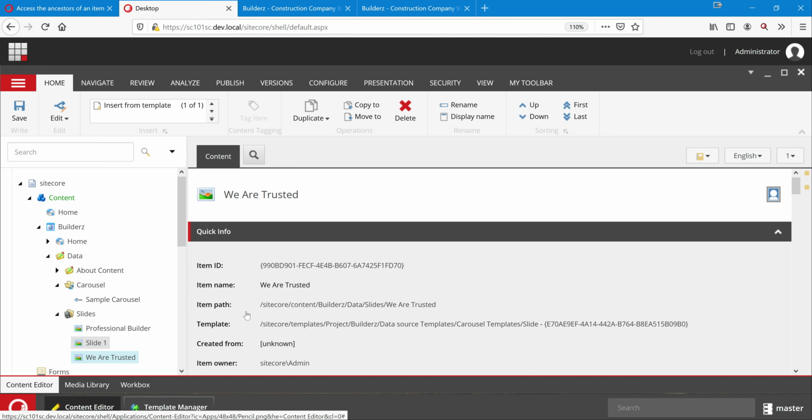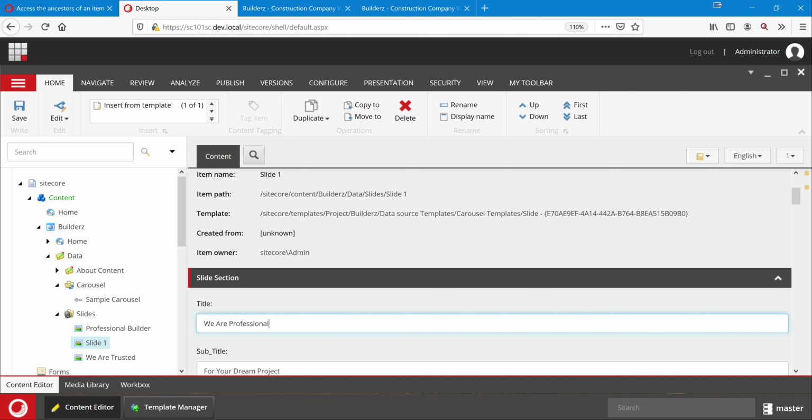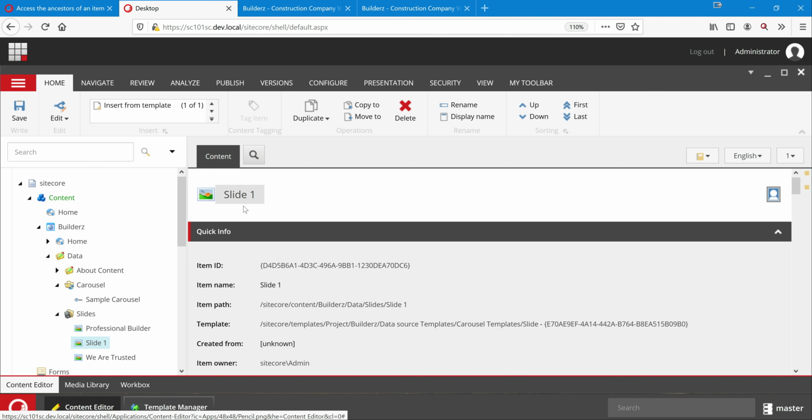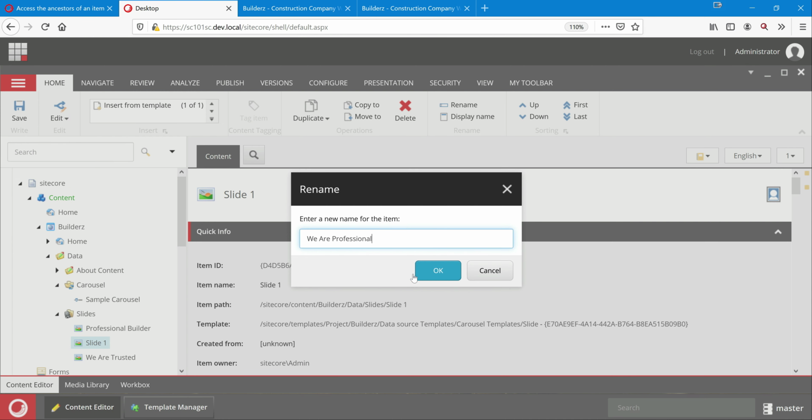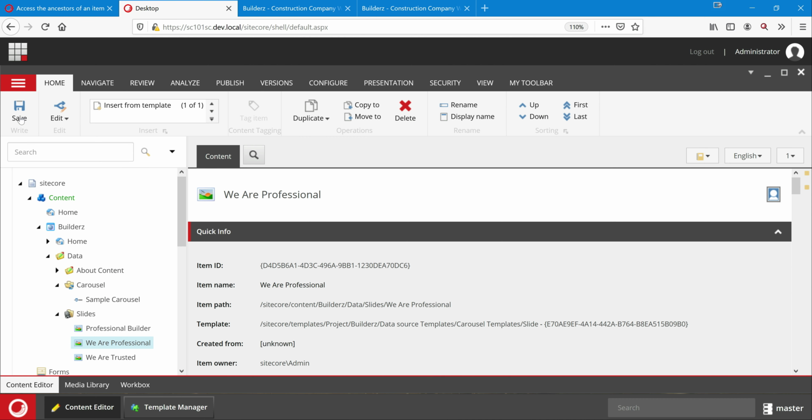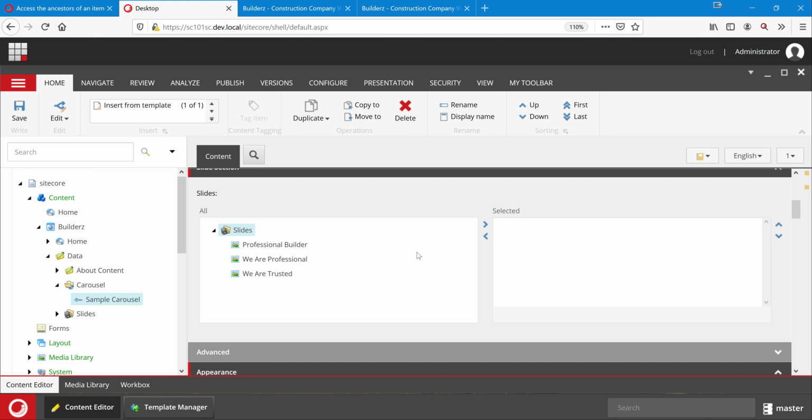So let's just change this first one as well. I'm just renaming this as well. It does not matter which order we use. So these are the 3 slides we have selected, and if you go to sample carousel, you have these options now, so you can pick. So this is the one. Now next, let's build